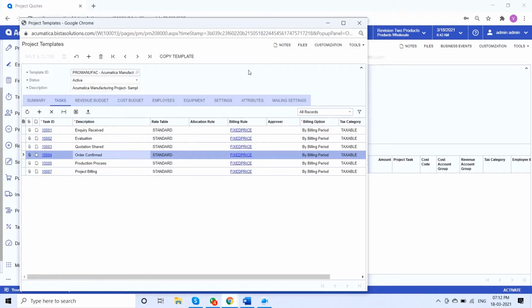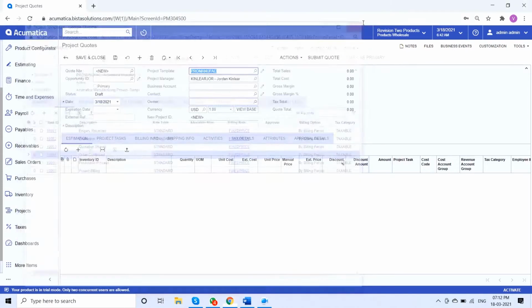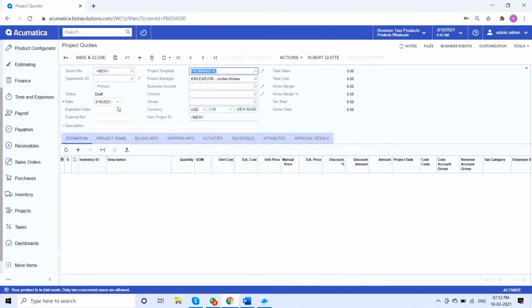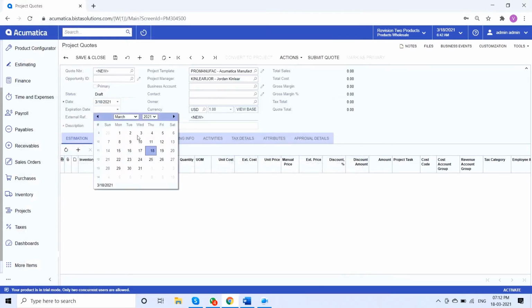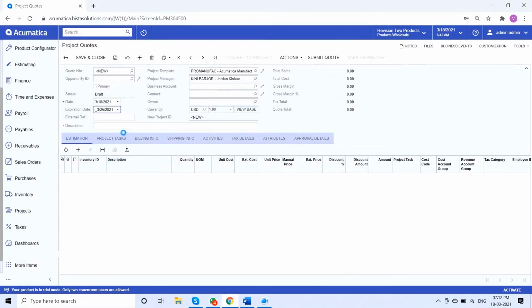So right now I created a demo one, fixed price, and I mapped it with the same fixed price one. Then I'll select the expiry date. Let's say this quote is valid for a week.